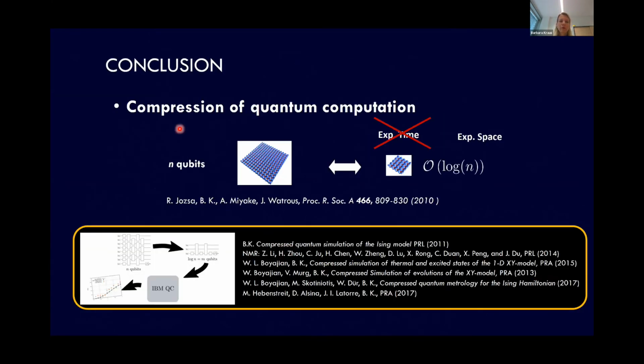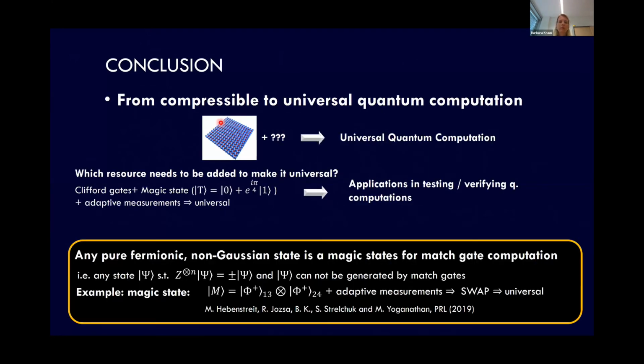So what I've explained so far is that these match gates are interesting because they allow you to do even a compressed quantum computation, which of course nowadays might become more and more interesting because these are the devices that we have at our disposal now. We are probably quite far away from having such a huge quantum device, but the small ones we have, and so we can use that to simulate quantum computation if they can be decomposed into match gates. And on the other hand, we know that if you have just match gates at your disposal, then there is a simple way to lift this to get an as powerful device as a universal quantum computer by just adding any kind of pure fermionic non-Gaussian state. So this makes this universal.